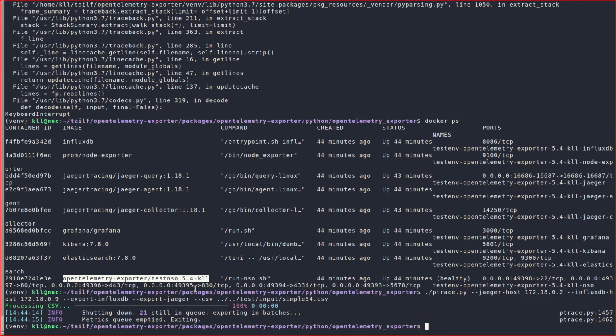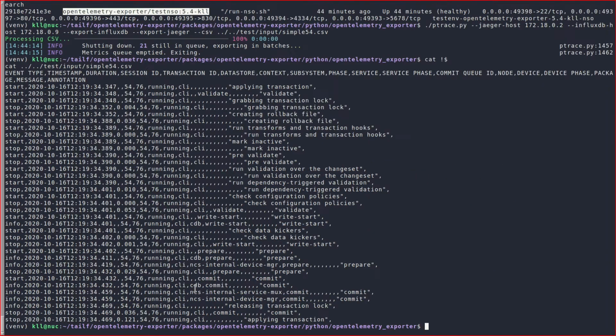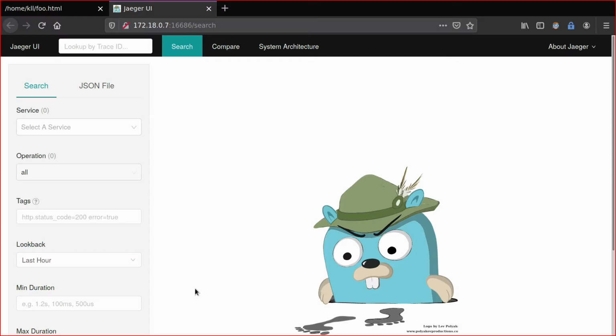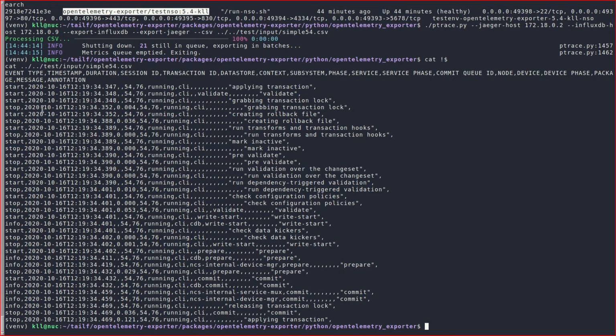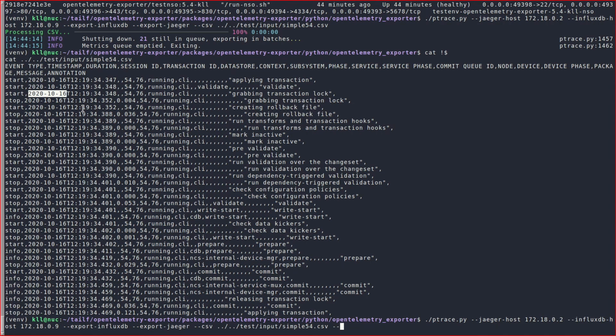We can run this. It will process the file. This is a very small file. We can look at it. It looks like this, and then it exports that data. So we can switch over to Jaeger. But if we look here, there's actually no data, and that is because this file is from long ago, and by default we look at the current day. So what we can do here together